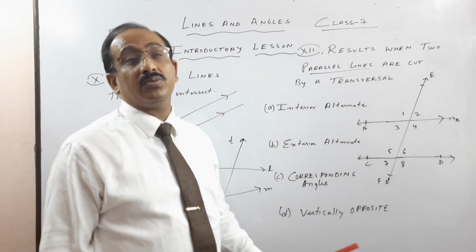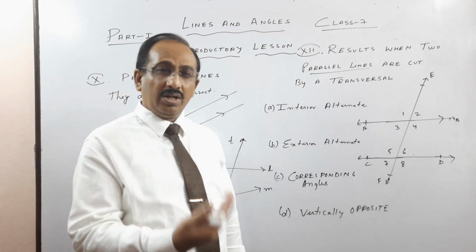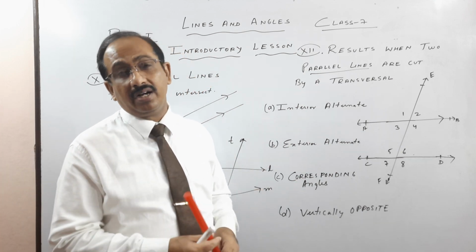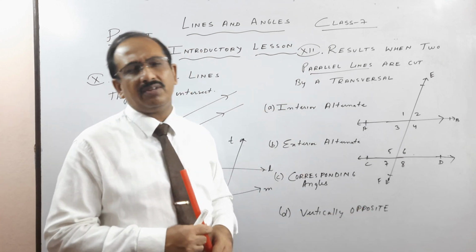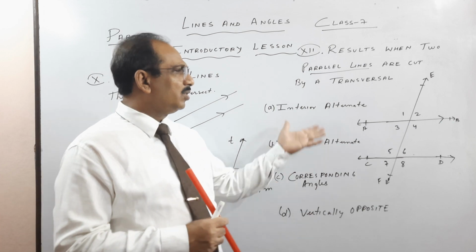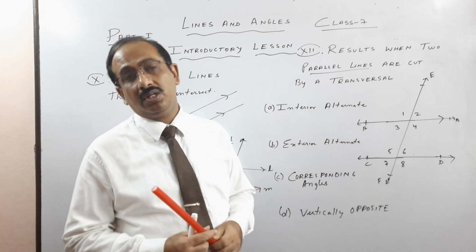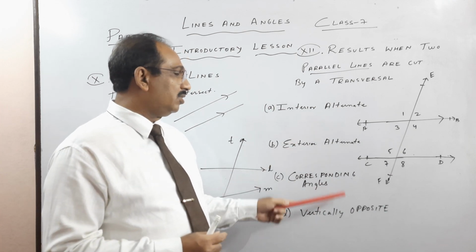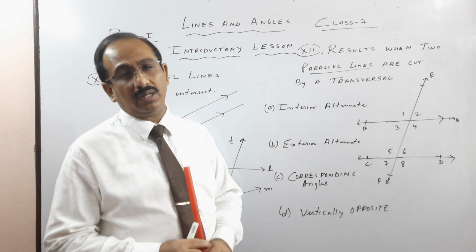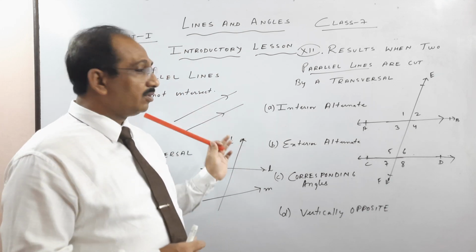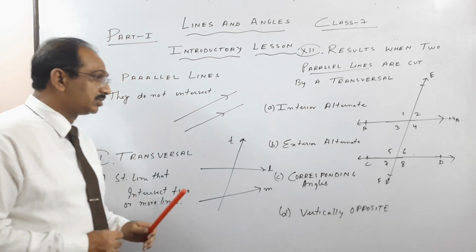This is the most important part of this chapter, and I'll be using it not only for this chapter but also for the next chapter, triangles, which we are going to do. It is very, very important, not for class 7 only, but for 8, 9, 10, whenever we have geometry till class 10. In any chapter of geometry you are doing, this parallel lines and transversal concept is bound to come. So this last part is a little more important than the other parts I have done.